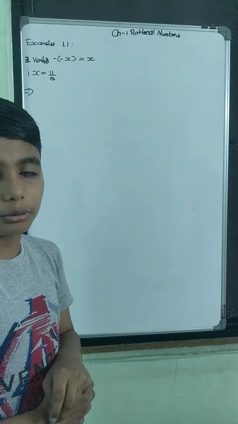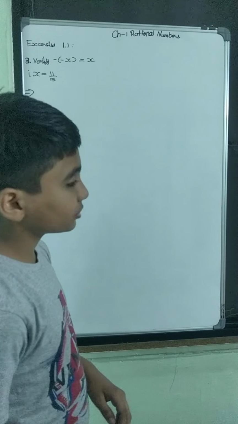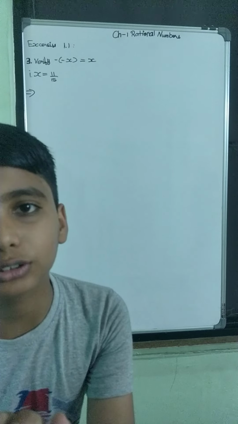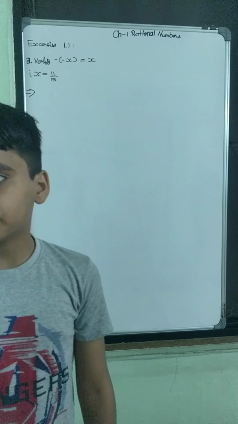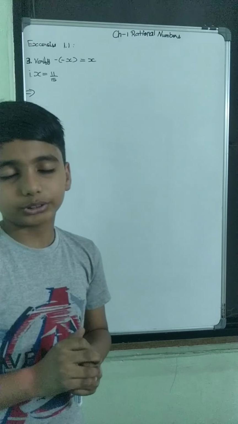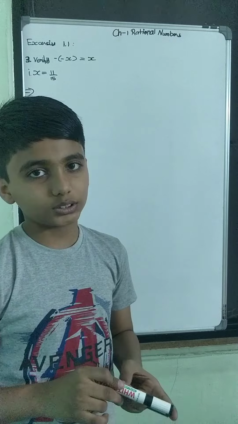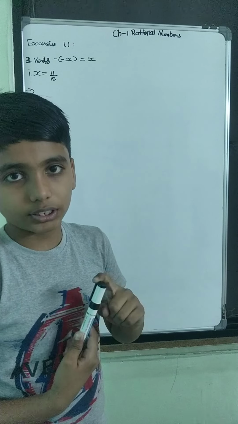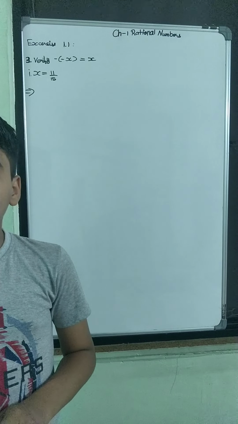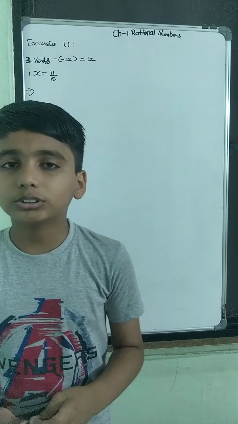Today we are going to do chapter number 1, rational numbers of class 8 maths, exercise 1.1 part 2. In the previous video I have already explained question number 1 and 2. So this is the second part, and in this part I will complete this whole exercise. I won't do it like last time because, due to some problems and issues, last time I couldn't complete the whole video. So let's get started. So first of all,